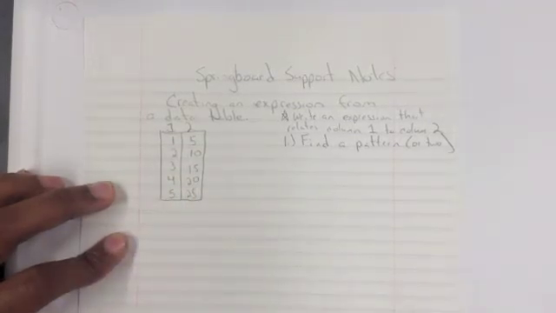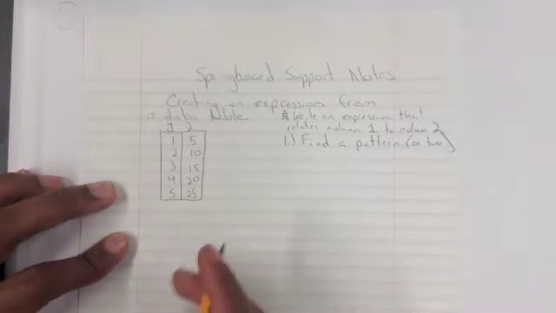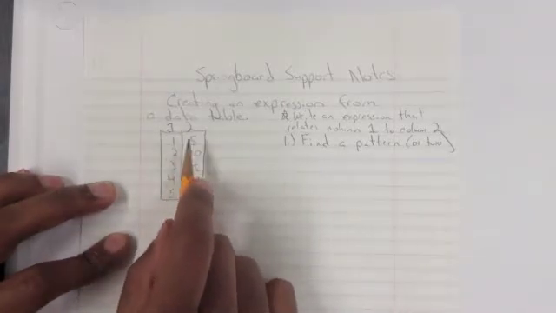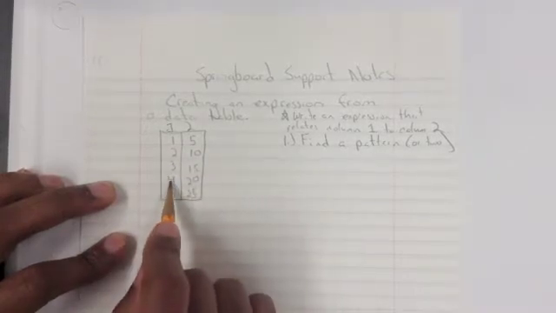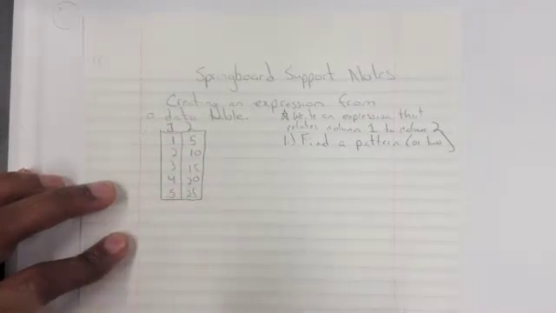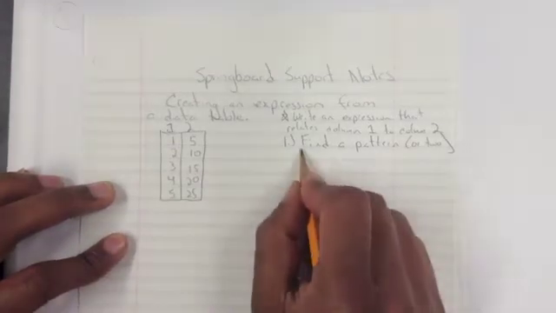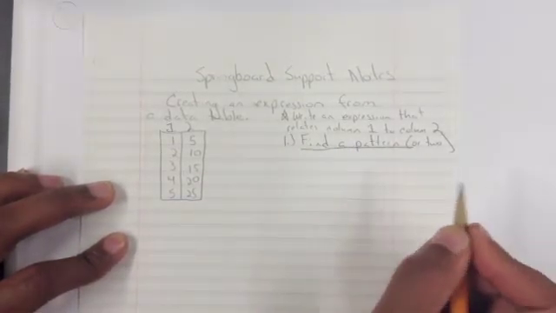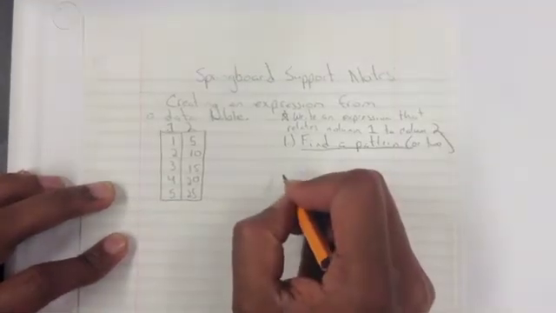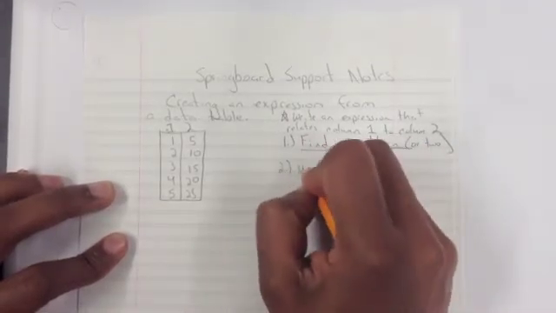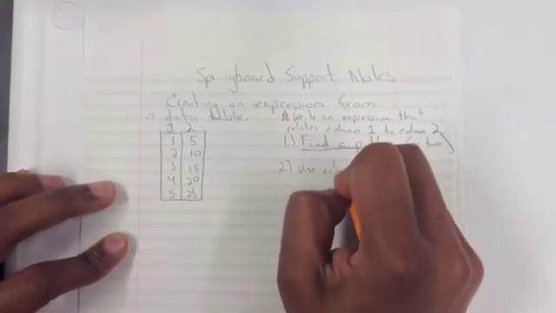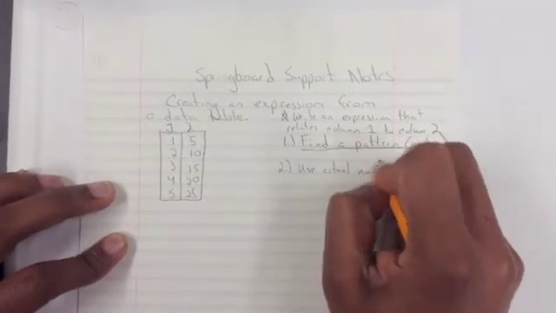Hopefully you just paused it, and you figured out, oh, I see this, okay, this is 1 times 5 is 5, 2 times 5 is 10, 3 times 5 is 15, 4 times 5 is 20, 5 times 5 is 25. So finding a pattern is good. I saw that it was times 5. So secondly, after I find that pattern, the second thing I'm going to do is use actual numbers